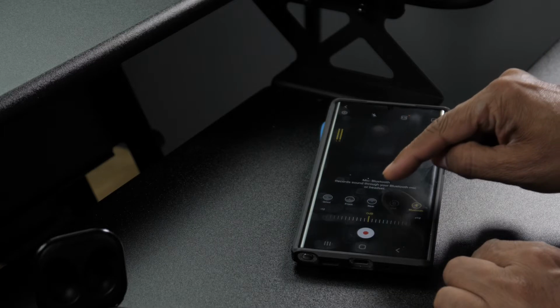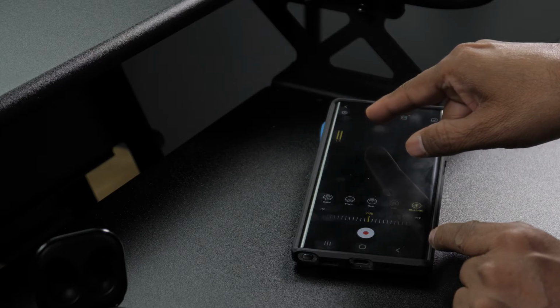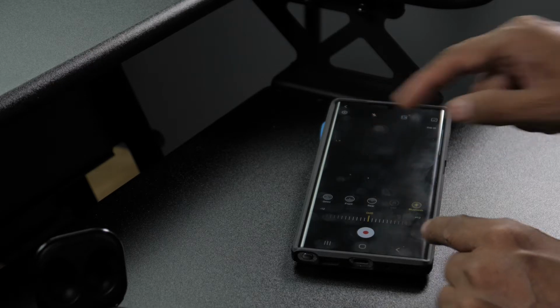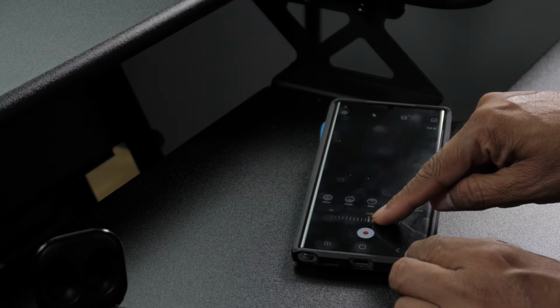Okay, so it says my Bluetooth microphone, which is this Galaxy Buds. So now we are getting audio from this Galaxy Buds. See, wow, it's not that amazing. And now what's the amazing thing, you can